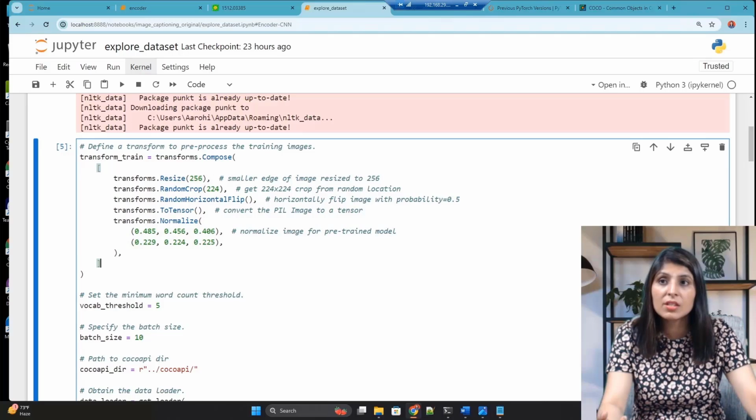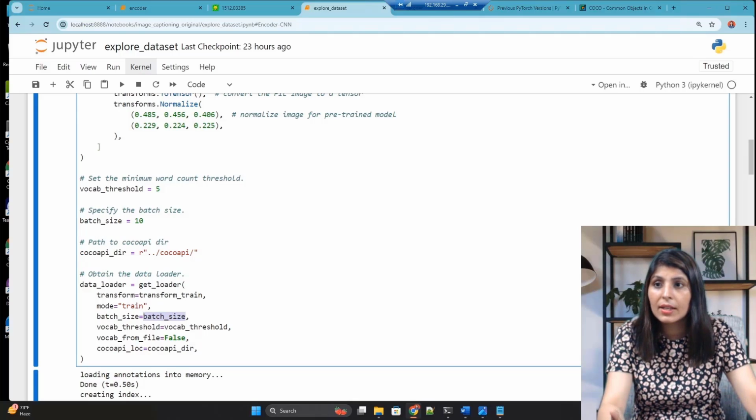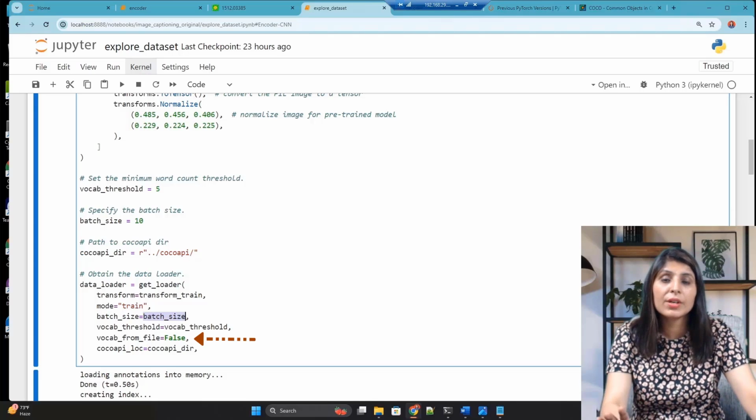We are resizing it, then performing a random crop on it, a random horizontal flip, converting all the images to a tensor, and then normalizing the dataset. Batch size and vocab threshold we have defined here, and vocab from file equals false. Right now it is false.